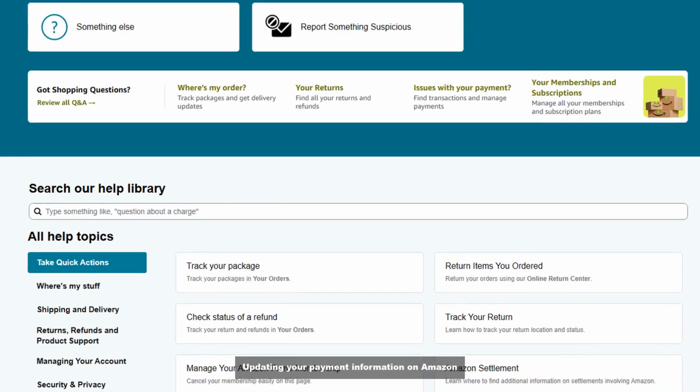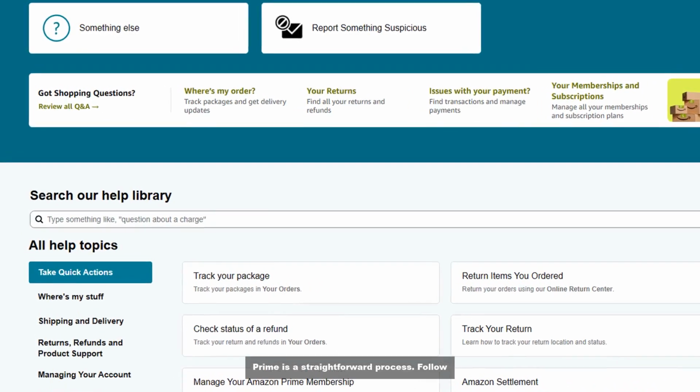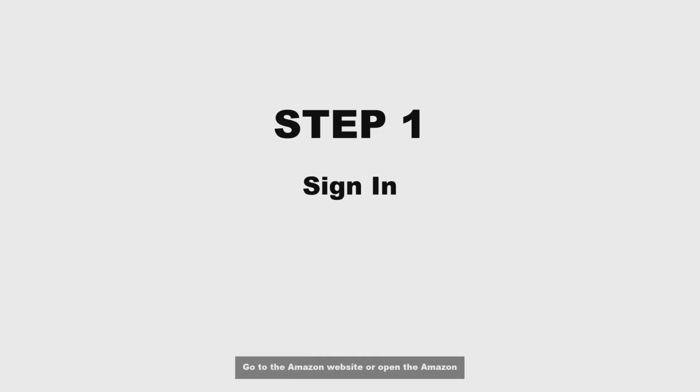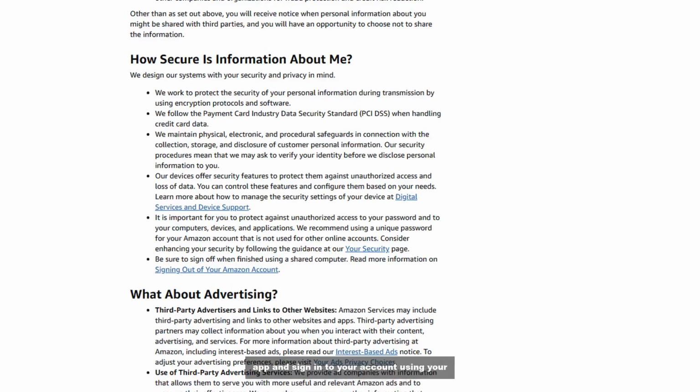Updating your payment information on Amazon Prime is a straightforward process. Follow these steps to ensure your payment details are current. Step 1. Sign in. Go to the Amazon website or open the Amazon app and sign into your account using